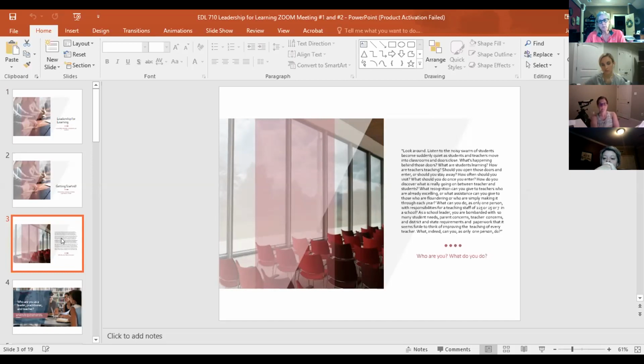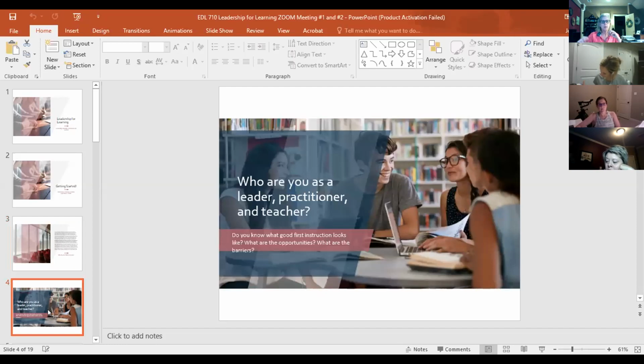So as a leader, whether you're a teacher leader, principal, assistant principal, whatever, how often should you go in those classrooms? How do you know what's going on in there? How do we ensure that there is equitable instruction across classrooms and teachers? Well, you don't know, and you can't expect what you don't inspect. So, as one person, we have to make sure that we are taking care of these issues and addressing them. So let's talk a little bit about the how. Okay, so